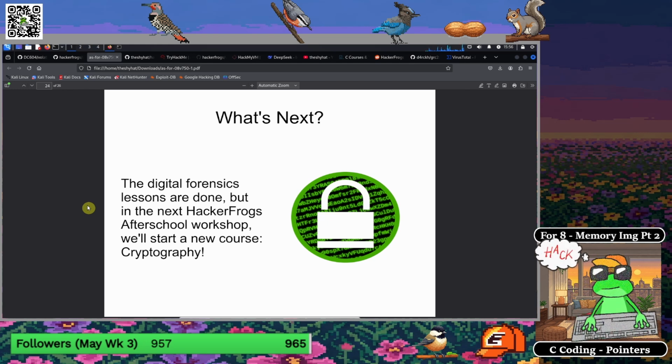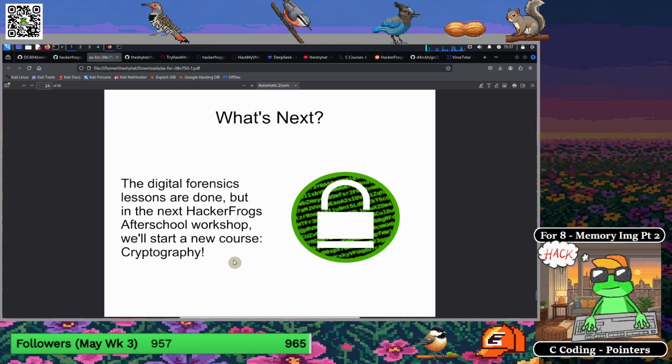So what's next? The digital forensics lessons are done. We've done 8 sessions and we talked about all sorts of digital forensics. We talked about network PCAP ones. We took a look at files using Wireshark. We took a look at picture file forensics and the strings command and the exif tool command, all sorts of other fun stuff like that. And yeah, we're finished with digital forensics. If you feel like you need to do more studying, you can always go back to the previous sessions and take a look at them again, and maybe try them out until the stuff that we're doing inside those sessions